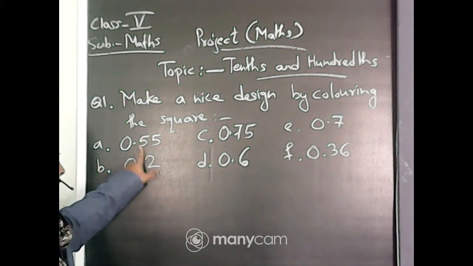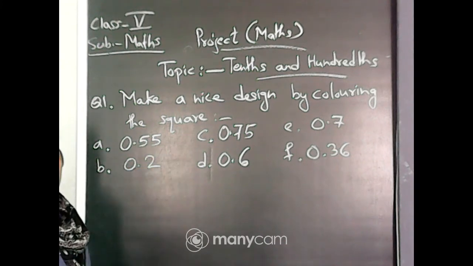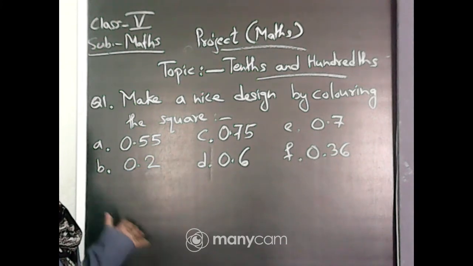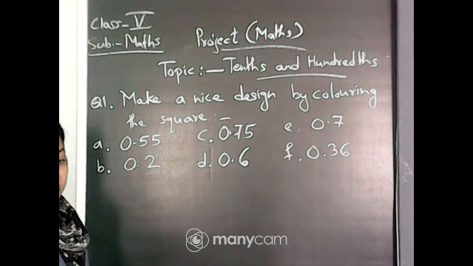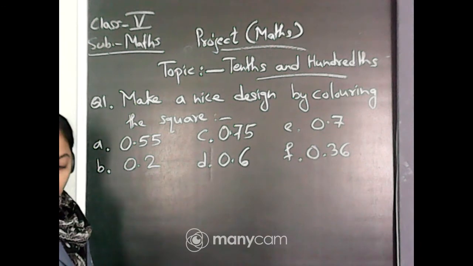Because after the point here it is 2 digit. Okay, so this type of question will give you the concept, or an idea, for decimal as well as for fraction. Now write the second question.